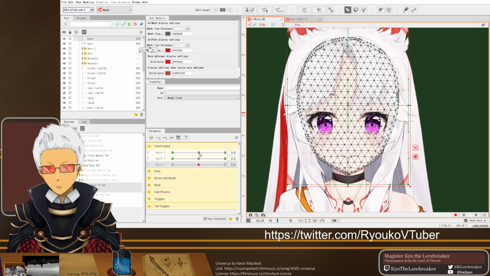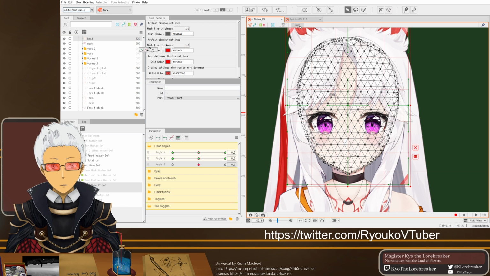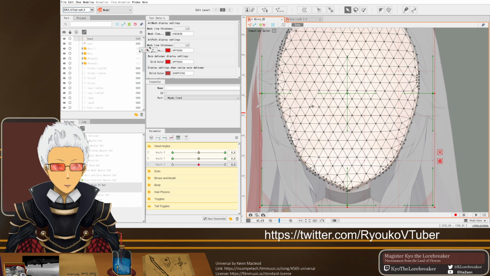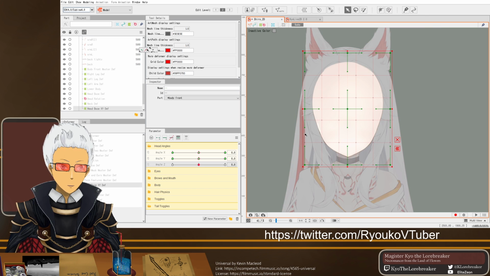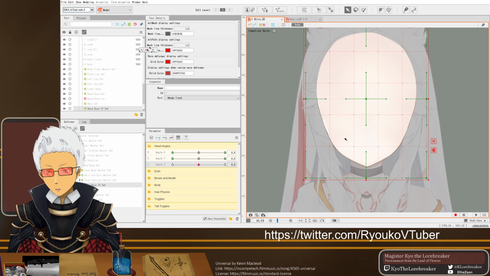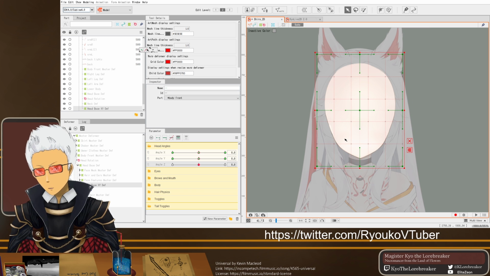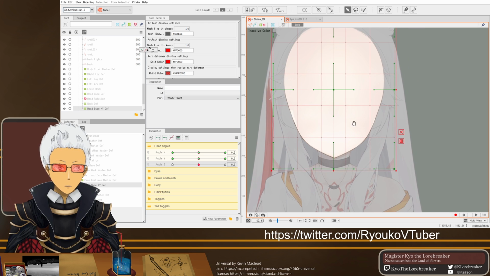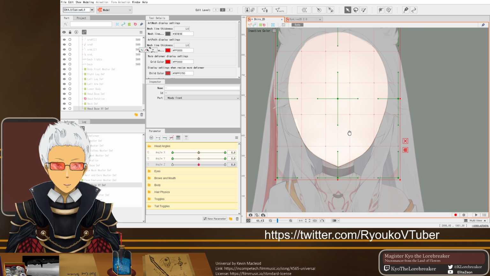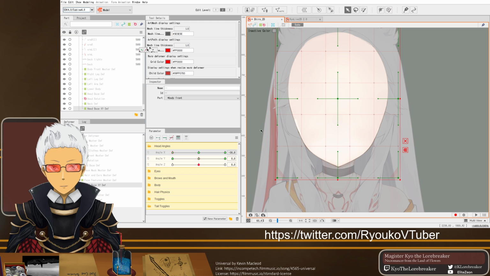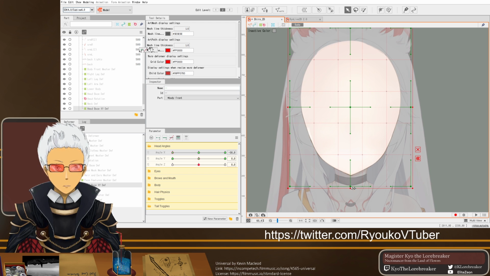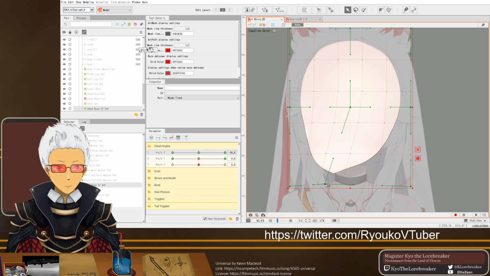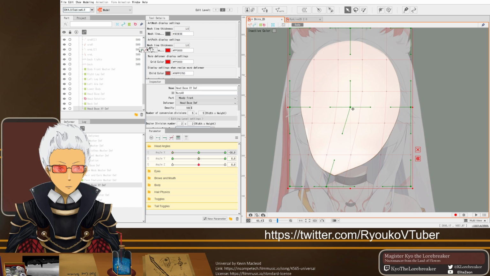So let's do this. First of all, I'm gonna hit solo. Now I only have to see the head base here, and I can ignore her eyes and everything. It's gonna look weird, especially when we're starting off, because as I move this head around, nothing else is gonna be synchronized. So first of all, we're gonna set it up to the -30 angle, that's looking to the left of the screen. And I'm just gonna move this over here. I'm gonna try to keep it straight and centered as possible.